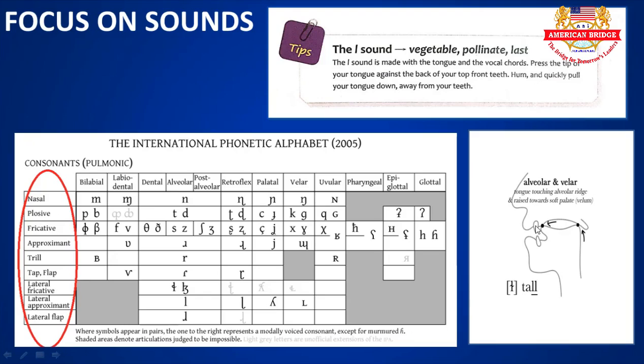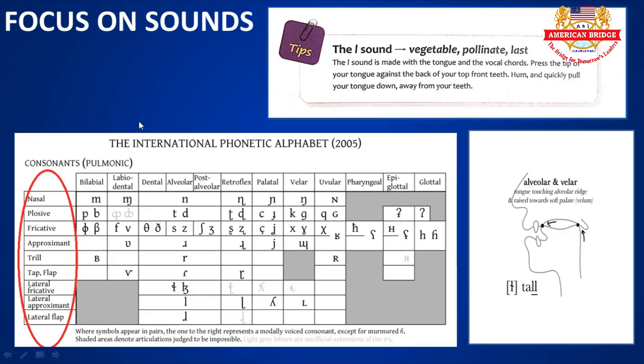Okay, and quickly pull your tongue down when we press on it, and then let it go away from our teeth. So you know that if teacher explains with this phonetic symbol, it is a little bit complicated, but if you see this picture, it will be easier to understand. Okay,